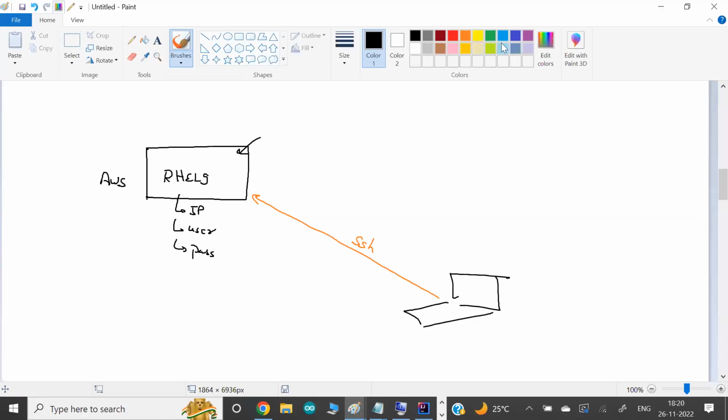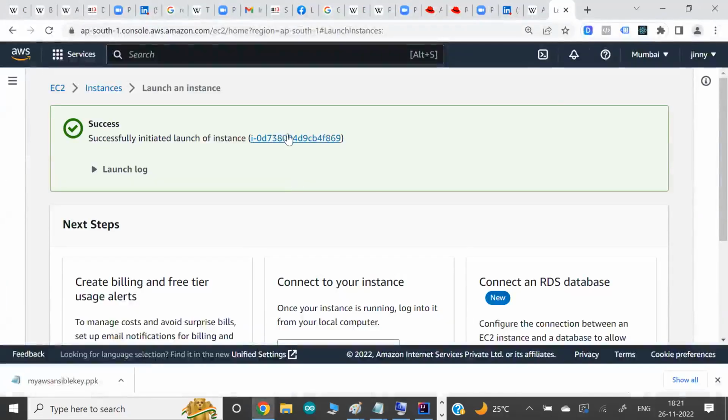On my laptop, I'm using Windows. There's one simple program we mostly use, which you guys might be familiar with, Putty. We can use this program to connect to this OS. Or whatever other way you know, like the SSH command, you can also use. For the password, we have already downloaded a key. The password is more like a private key. We already have that downloaded. So this OS has been successfully launched.